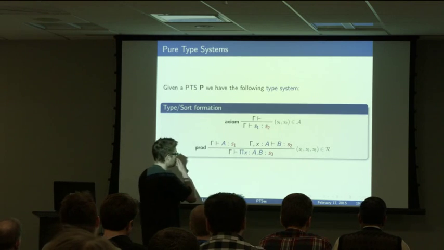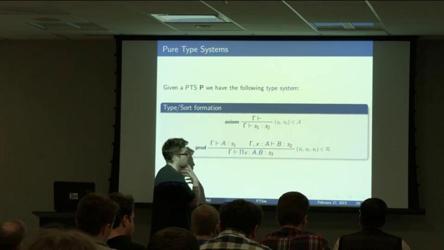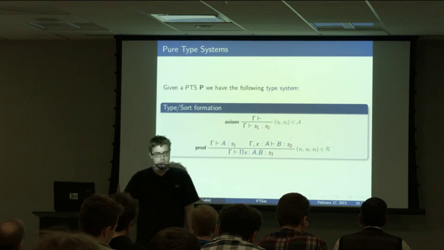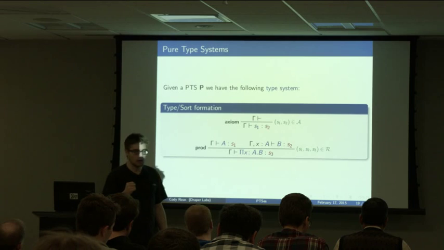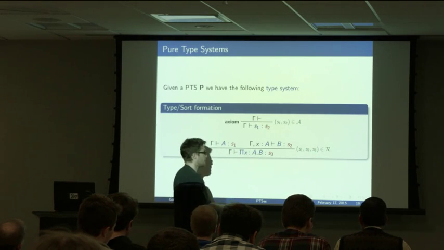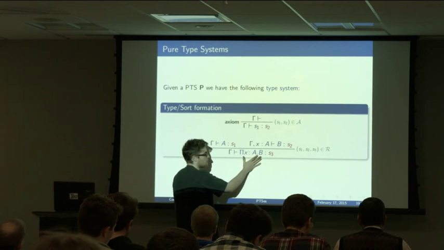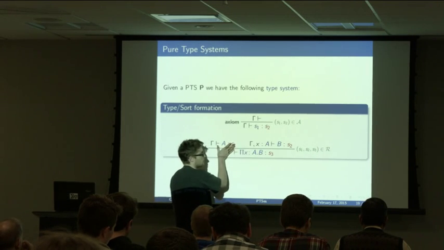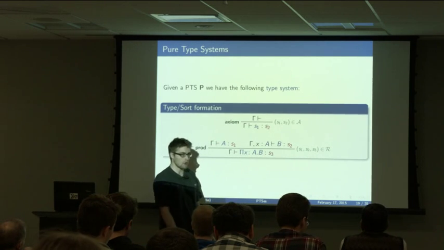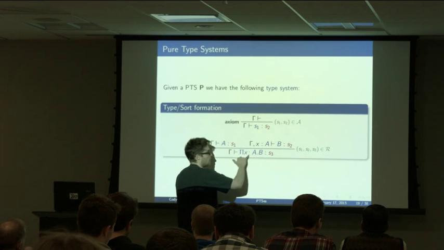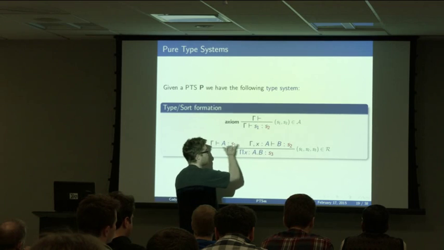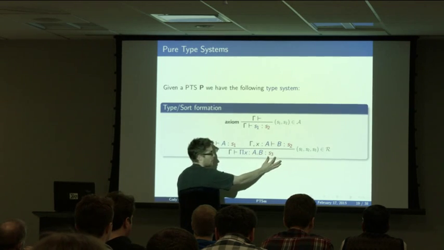And what it basically means is I'm going to describe the types and the programs of my language. And these are typing rules. So I'm going to tell you how to type a program. And basically, I will say to type this program, you have to do this and do this. Okay, so it's like a Prolog program in some sense, where I say, well, if I want to compute the result of this, well, then first I have to compute this, then I have to do this, and then I have to put it together.